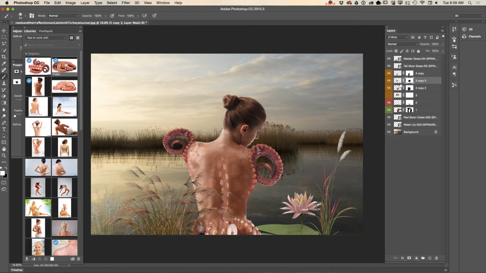Same here. Let me do the same here. Layer 3, copy 2. I'm on the layer mask. I will highlight a part of her right hand. So, kind of an art effect. Just like that. What I will do right now, I will highlight my top layer